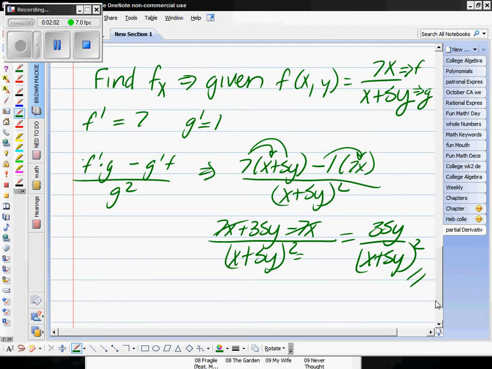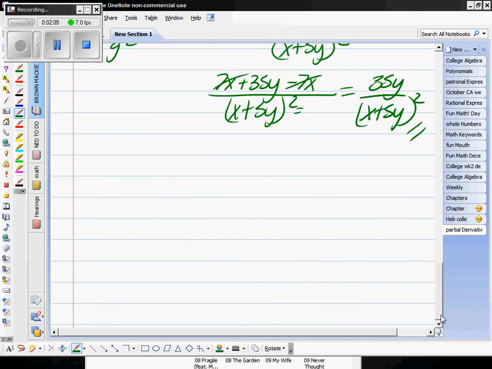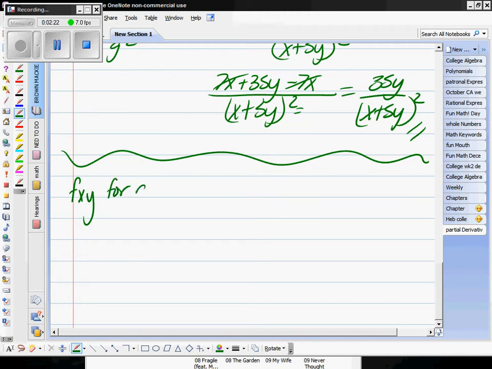I think that should be the logic of pretty much finding the partial derivatives. The only, I guess, maybe tricky one could be finding the partial derivative with respect to x and y at the same time. Let's say I give you the function f of x, y equals 7xy cubed minus 5xy plus